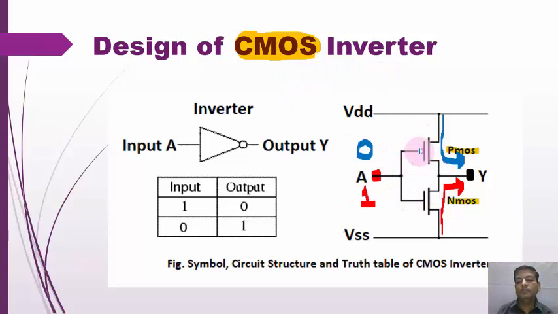So here we have to take one PMOS and one NMOS. Then the drains of the PMOS and NMOS get short circuited, and from that we take the Y output. Both of the gate terminals get short circuited, because an inverter has a single input, so both gates must be combined and the inverter input is formed. The source of the PMOS is connected to VDD and the source of the NMOS is connected to VSS.